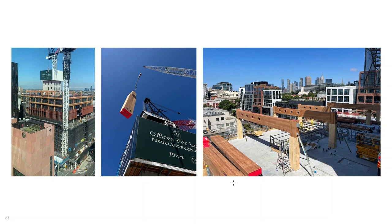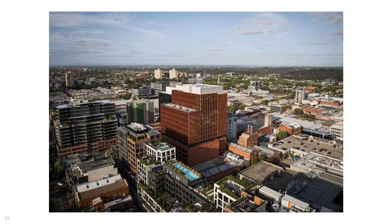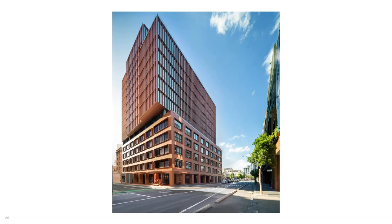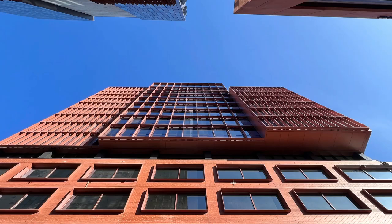And a very exciting day when timber arrived on site, and I'll just whiz through some final projects. You can see the fin spacing on the facade, the context of Collingwood that's rapidly evolving. Street views with the Copenhagen bike lanes up and down Wellington Street, the horizontal fins on the north doing all the heavy lifting,